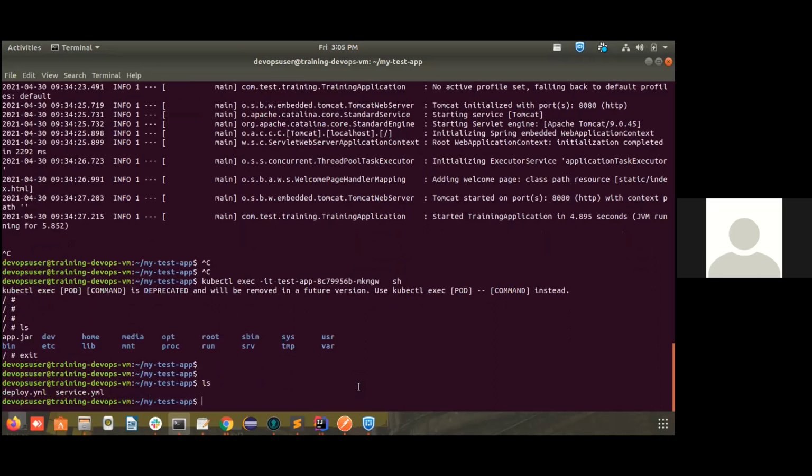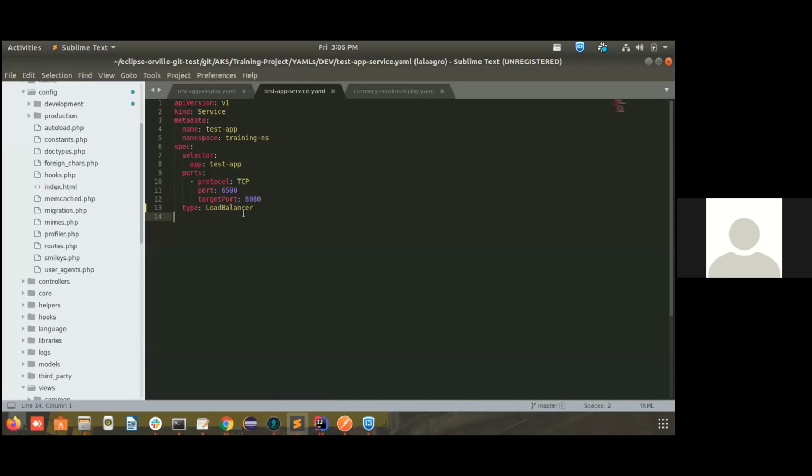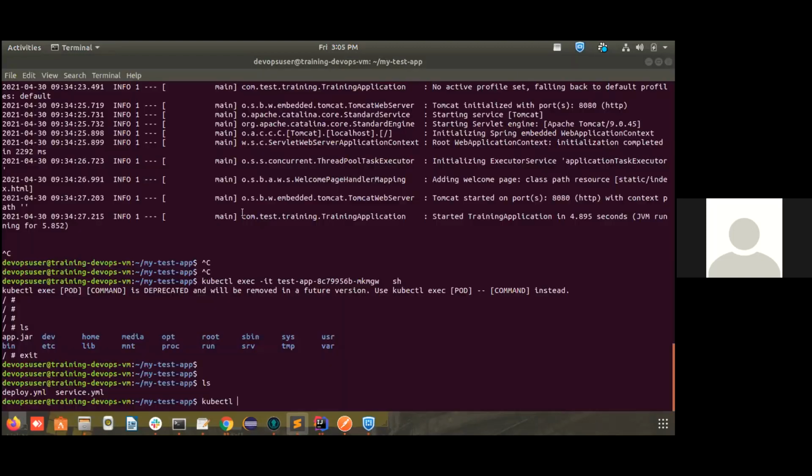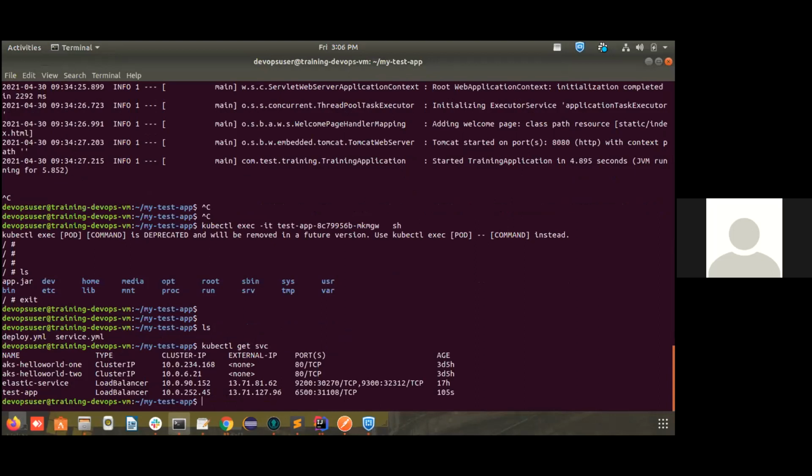Okay. Next thing I want to share with you is why I mentioned the load balancer here. kubectl get svc. I have mentioned that a service is how you will connect to your pods.